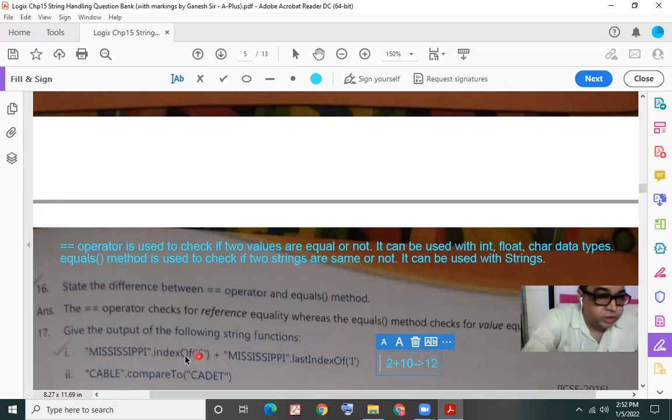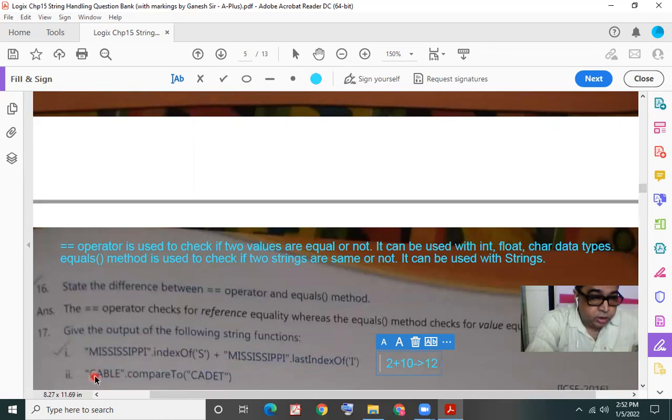If this was written in a System.out.println, it would print 12. That would be our answer, the integer value 12, because we are adding two integers: the position given by indexOf and the position given by lastIndexOf.